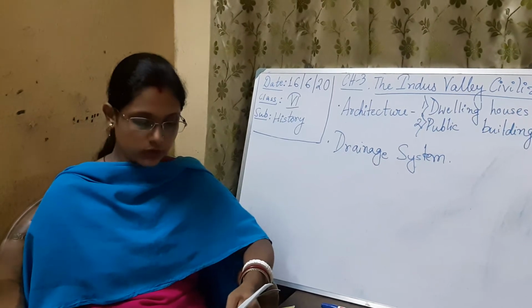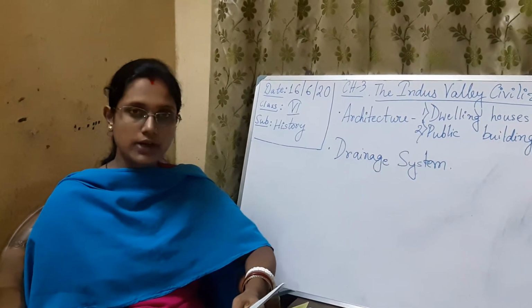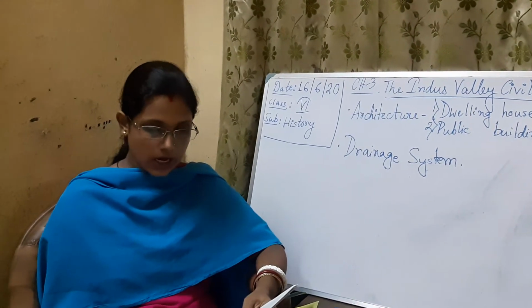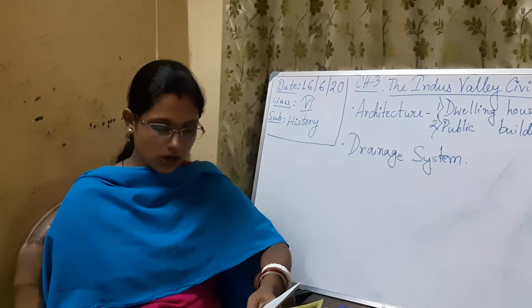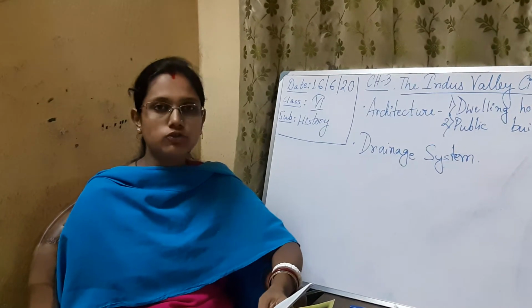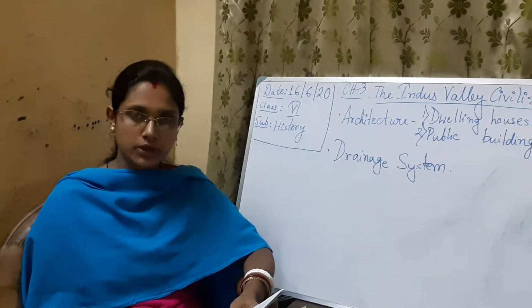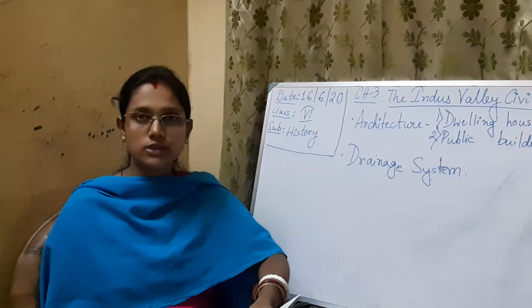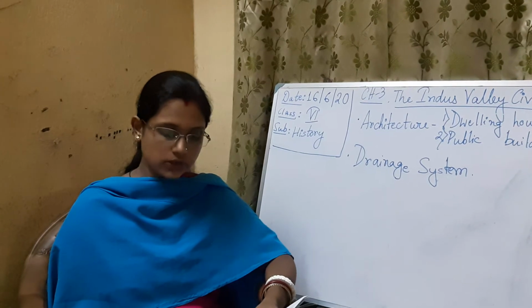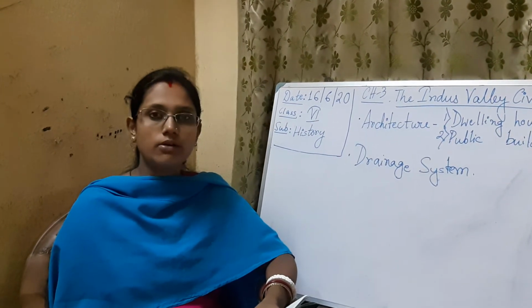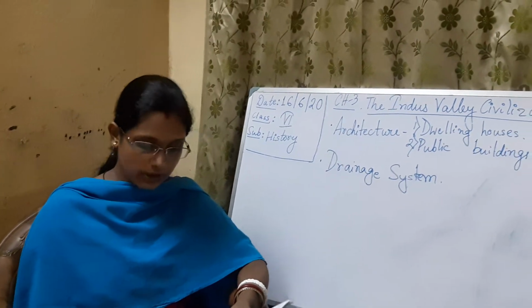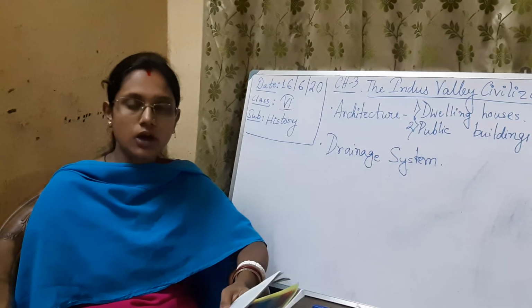Now the drainage system, which I have told you about: the Indus Valley civilization people had an excellent, well planned drainage system. The kitchens and the bathrooms had drains connected to the street. So whatever water was coming out from the kitchen and the bathroom was directly connected with the street drains. The street drains ran along the sides of the streets, meaning beside the street itself the drain was there, and the drains were all covered drains.